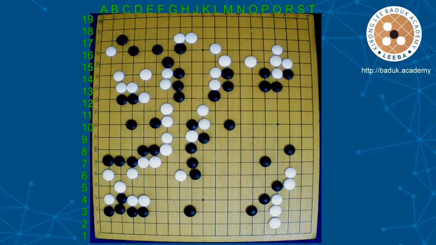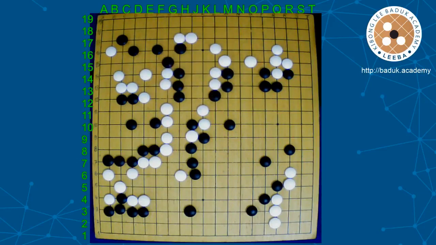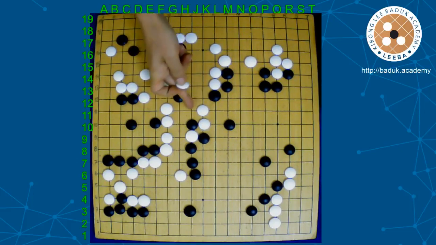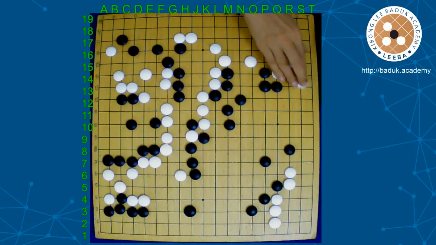Yeah. And then cut. Why cut? It's not necessary because it's hard to capture two stones, and even if you capture, it's small, already small. Not necessary. Then a little bit, black's shape got stronger. Now here,